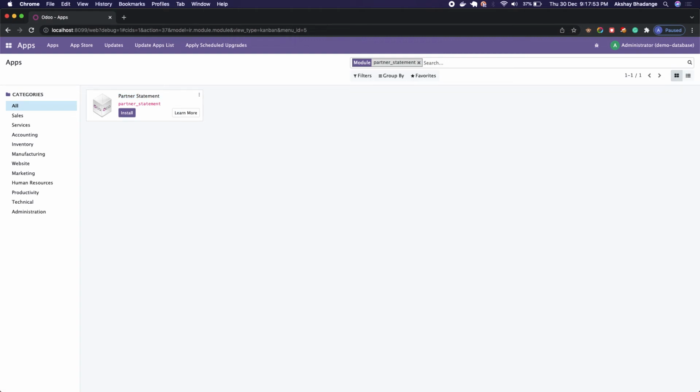So yeah, this is one of the methods using which you can dockerize your Odoo application with your custom add-ons. So in the next video I'll tell you how we can create our own Docker image, how we can deploy that image to Docker Hub. That is one of the best practices we can implement in our project. So yeah, this is it for this video.